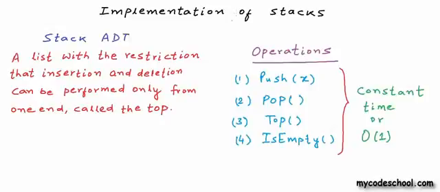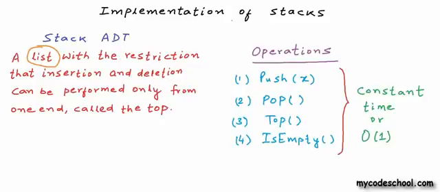As we had seen, a stack is a list or collection with this restriction, with this constraint, that insertion and deletion, that we call push and pop operations in a stack, must be performed one element at a time and only from one end, that we call the top of stack. So if we can add only this one extra constraint to any implementation of a list, that insertion and deletion must be performed only from one end,